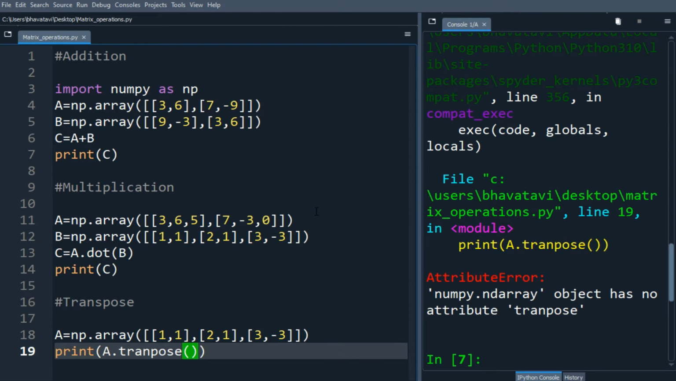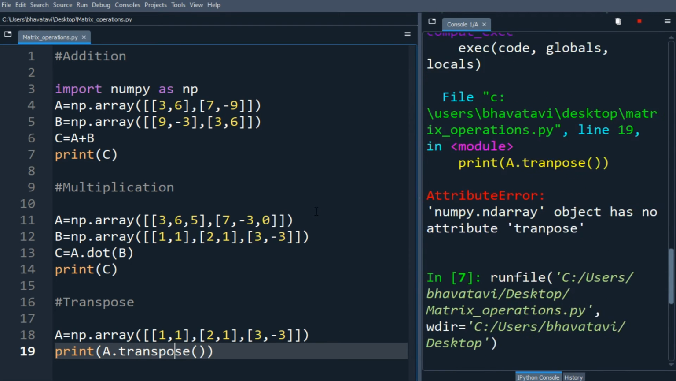So here there is an error. So let's run it once again. So you can see